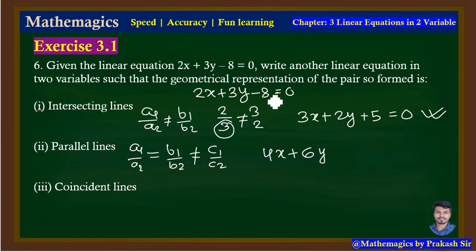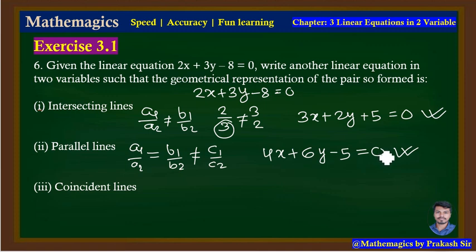So it is minus 8. So here I am taking minus 5 is equal to 0. And it is obviously a1 by a2 is equal to b1 by b2 but not equal to c1 by c2. It means this is another pair of lines which is parallel. And the difference here, I just wanted to say that there are also infinite numbers of lines which are parallel with